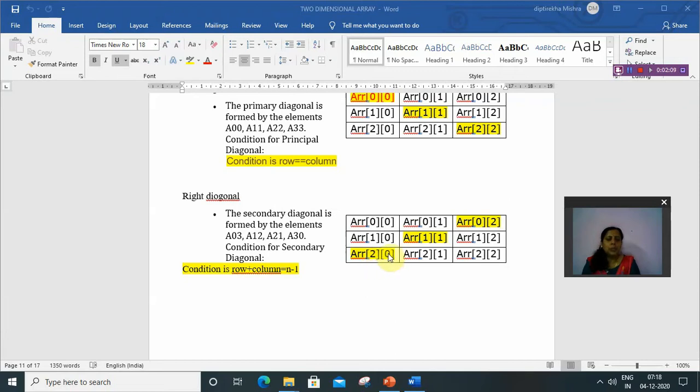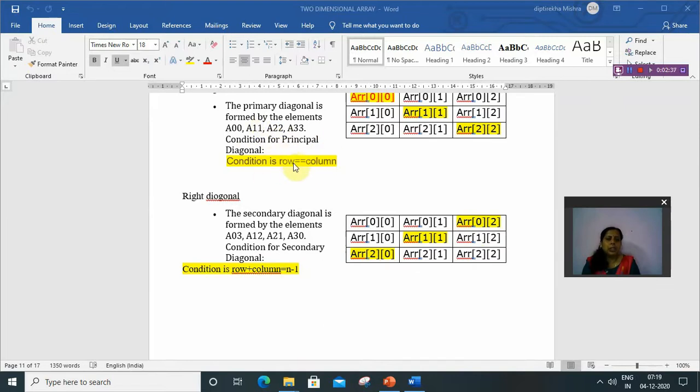Means the sum of row and column is 2, always, because it is a 3 cross 3 matrix. For a 4 cross 4 matrix the value will be 3. Means row plus column will be n minus 1. So these are the two logics.